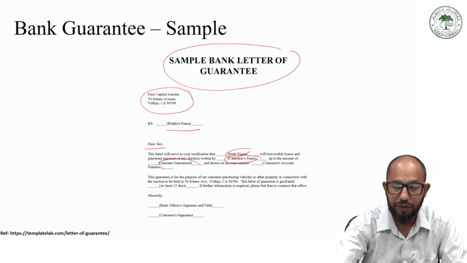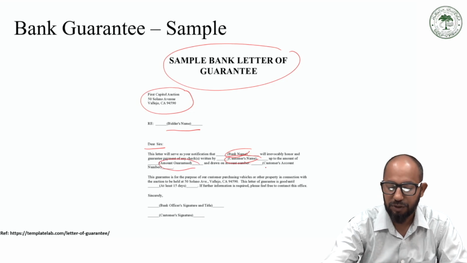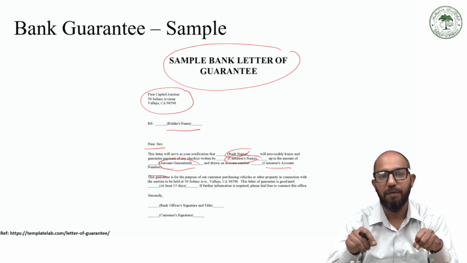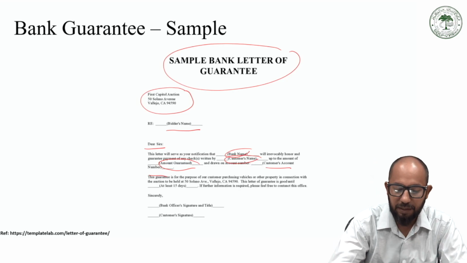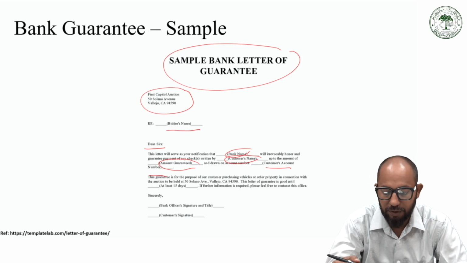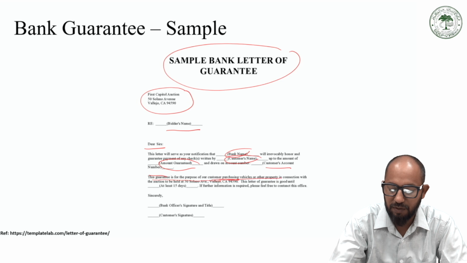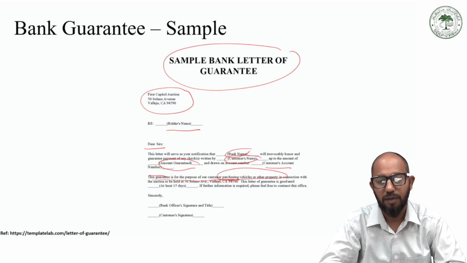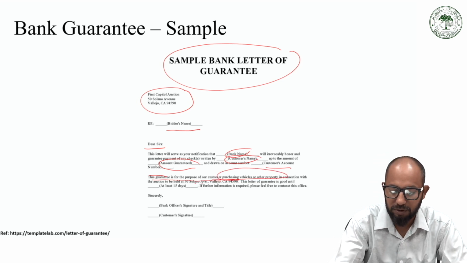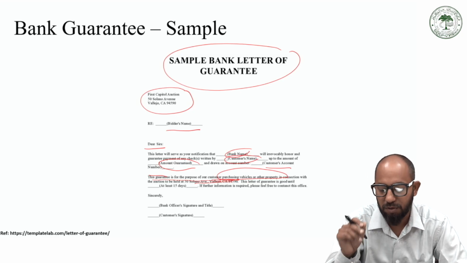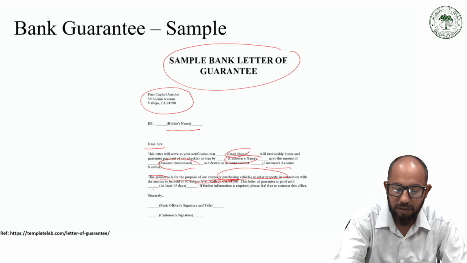name, the amount which is being guaranteed, the customer's account number. All these details form part of a bank guarantee. And the guarantee's purpose is also mentioned. Here you can see it is written, this guarantee is for the purpose of our customer purchasing vehicles or other property in connection to the auction. So the exact nature of the activity is also mentioned, and a specific